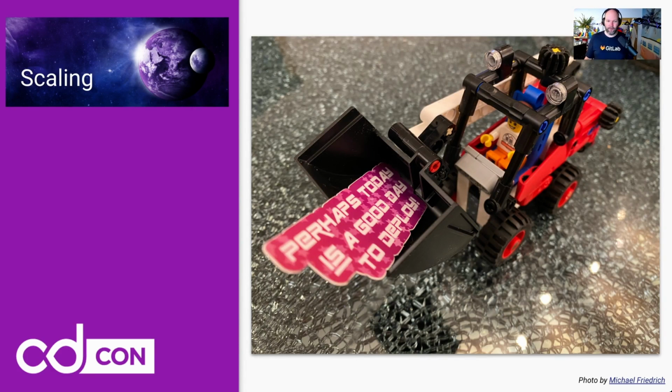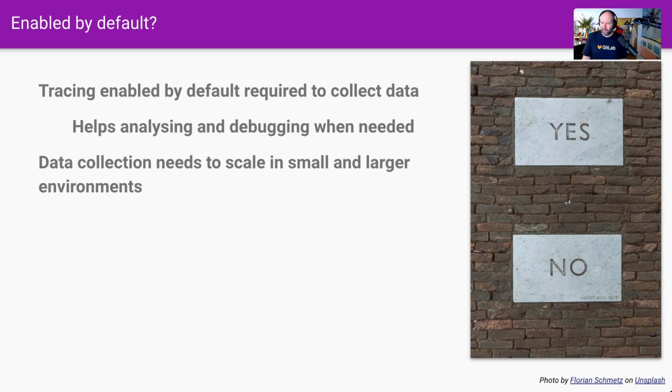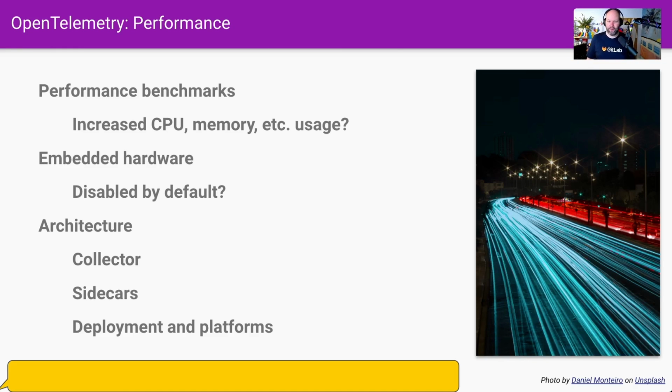Next to security, we need to look into whether it should be enabled by default, because when it's enabled by default and collects the data actively, we can analyze it at any time, and it's not needed to turn it on and try to reproduce the problem, which normally it can't. But on the other side, the data collection needs to scale in small and large environments. So, performance benchmarks. Is CPU usage or memory increased in the implementation? Should it be disabled by default on embedded hardware? How does it work with the architecture, with collectors, sidecars, deployments and platforms actually? So there are many things to consider until this will be available as